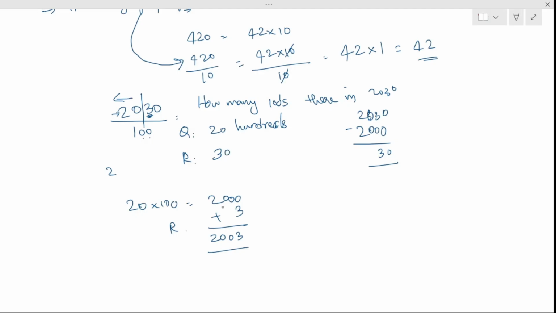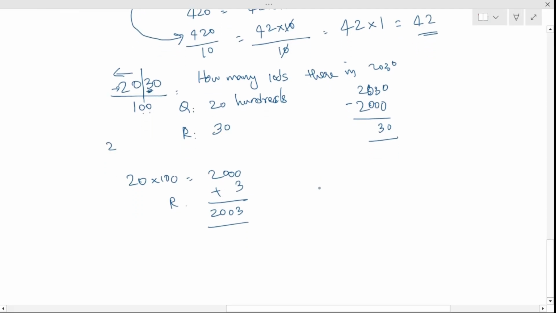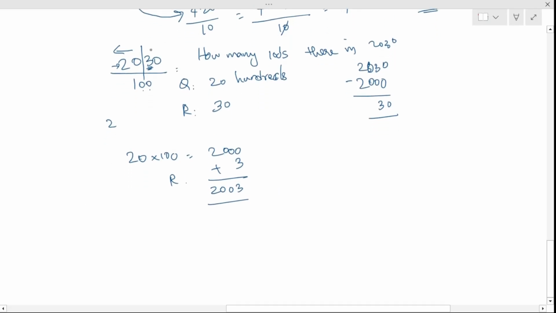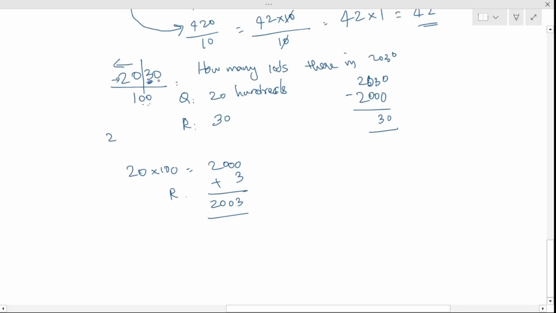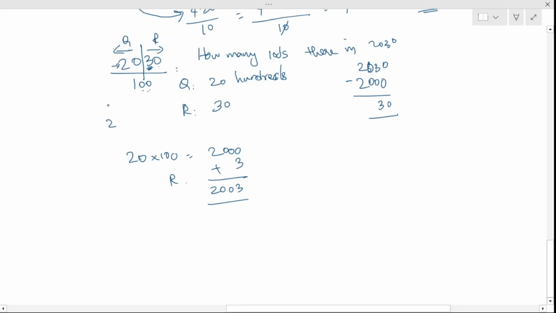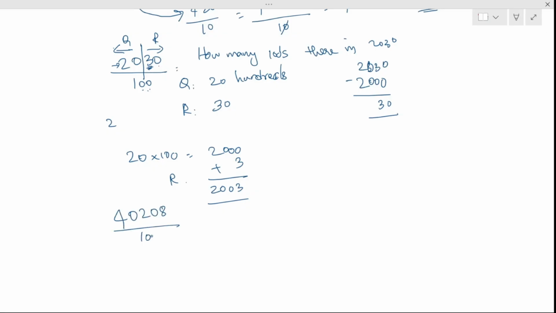So then one child came up with a strategy. Ma'am, I have a strategy to divide any number by tens, multiples or powers of tens. Basically, I can just see how many zeros are there, and those many places I put a bar. To the left of it is the quotient, and to the right of it is the remainder. Oh, so let's see if that works. For any number, let's take 40208 divided by 100. There are two zeros, so put a bar two places in, and then the quotient is 402, and the remainder is 08.